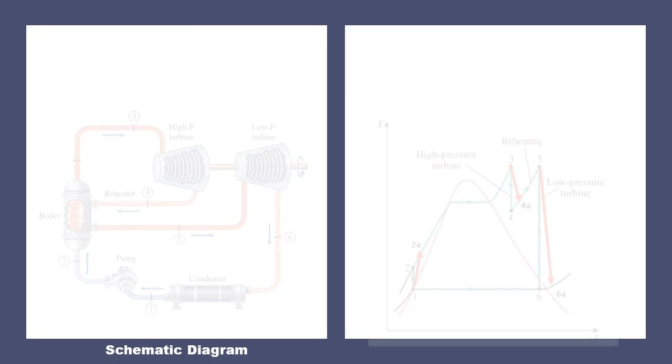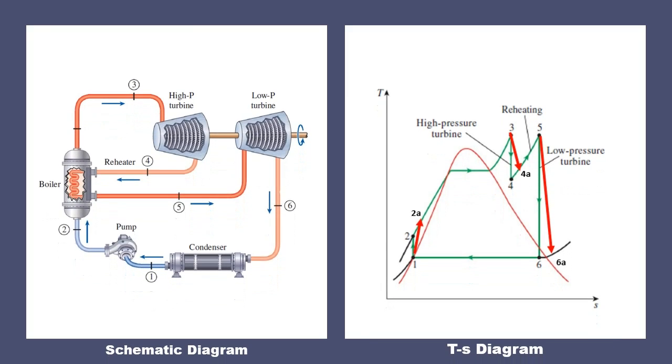So this is now the schematic diagram of this cycle. If you can observe, since this is an actual reheat Rankine cycle, we have two turbines. So you can see a deviation here in process 3 to 4. Instead of having an isentropic expansion here in the high pressure turbine, it has deviation from that isentropic process. It is now 3 to 4A. That is the actual process here.